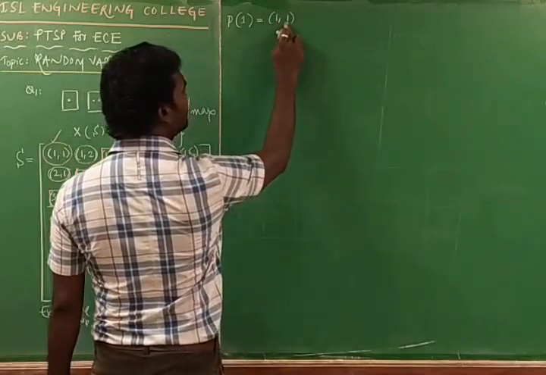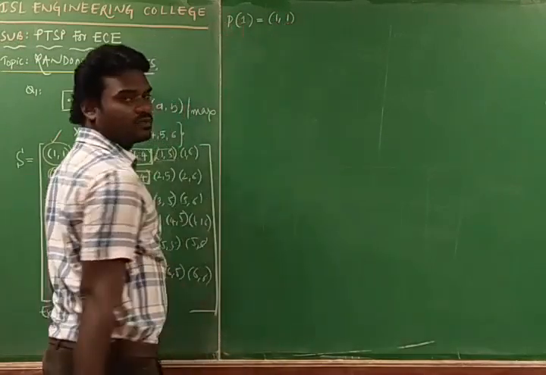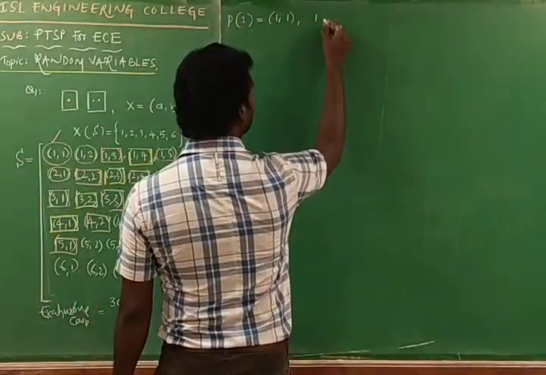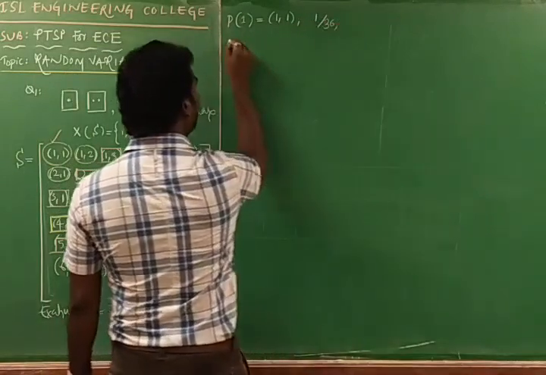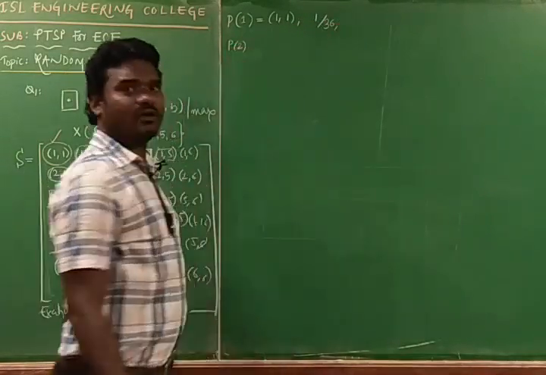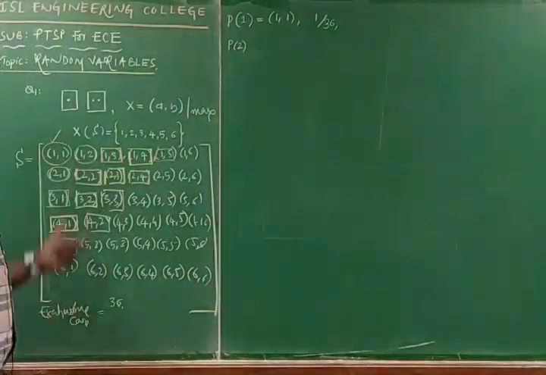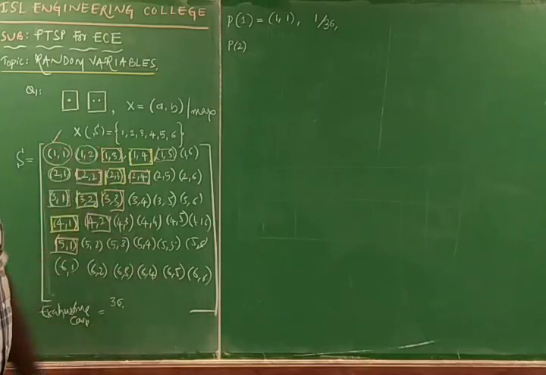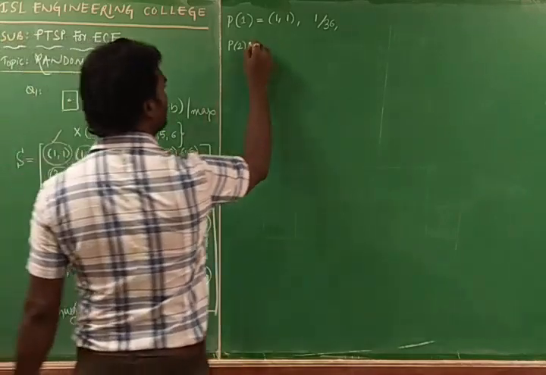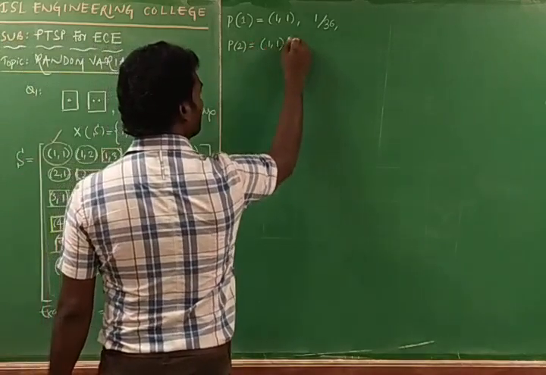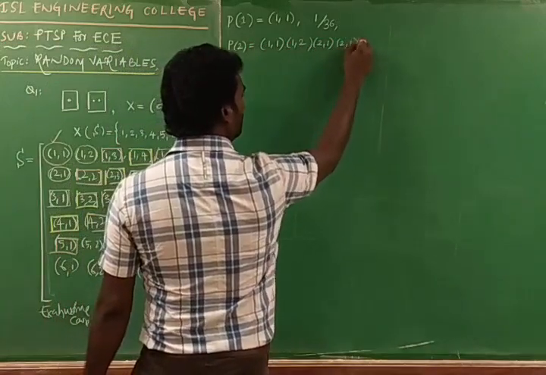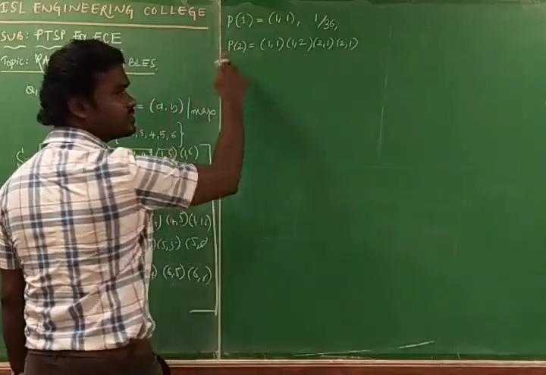That means what? These two numbers are the same as 1, or less than 1. So how many combinations did we get? 1 out of 36. Then probability of 2, that means what? We are going to have the intervals in which two numbers must be less than or equal to 2. So what will be the combination? 1 1, 1 2. Next 2 1 and 2 2. If I write 3 1, 3 is greater than 2, so I am not writing.